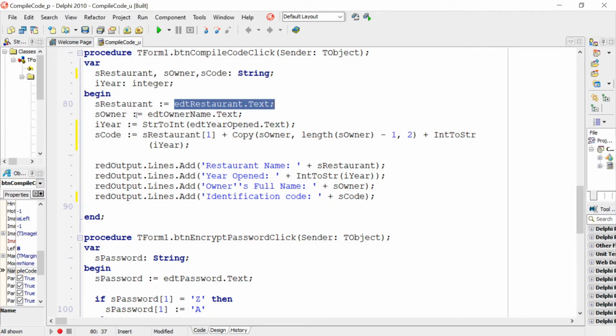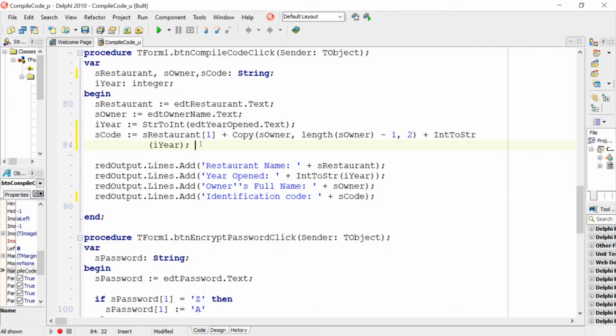But remember, the year, I had to convert from string to int. Then the identification code was made up of the first character of the name of the restaurant, the last 2 characters of the owner's name,